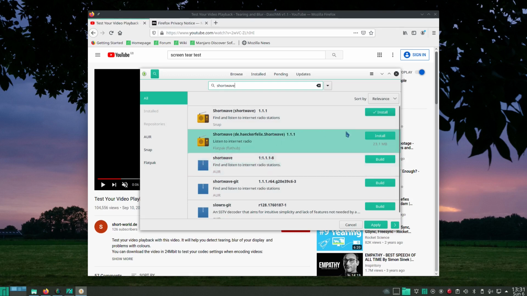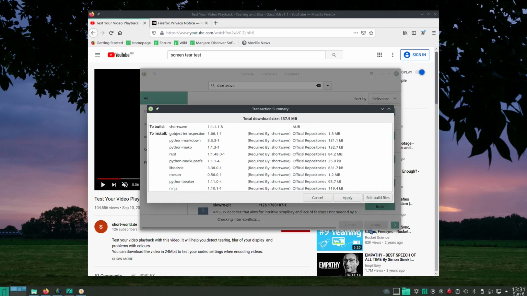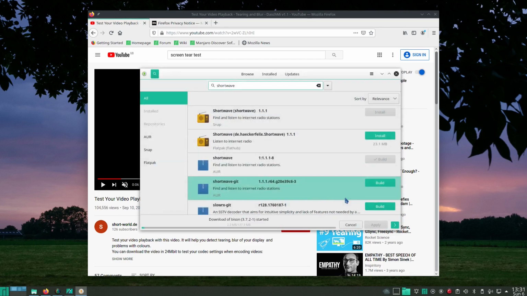There's another one here via the Arch user repository. Okay, so let me just deselect that one there. Sorry, I didn't notice that one. My apologies there. That's better. So this one will go and get it from the actual Arch user repository. So that's downloading. But sometimes it can take a while to actually build that. So we'll just leave that one there running in the background. Hopefully that's okay there. And that's pretty much it for this walkthrough for KDE Plasma